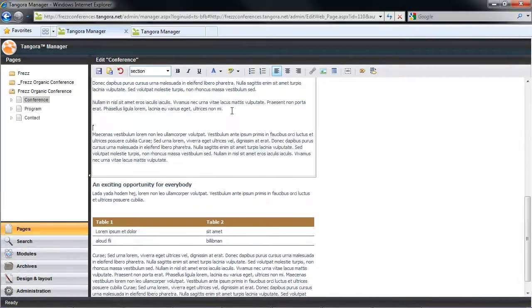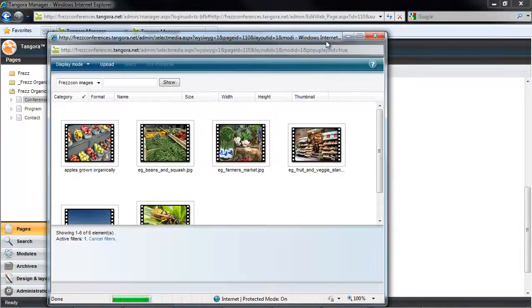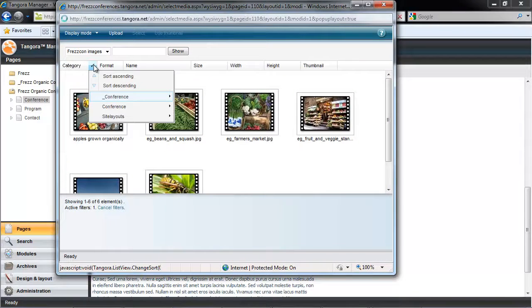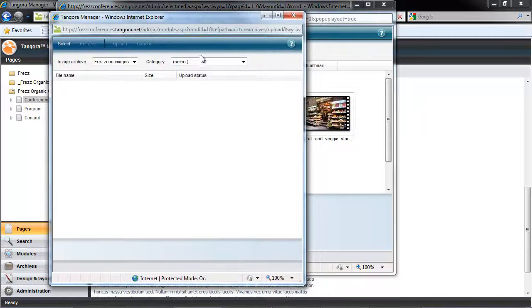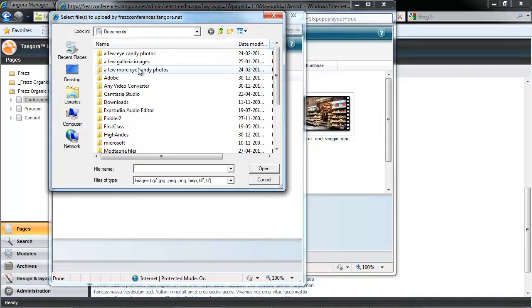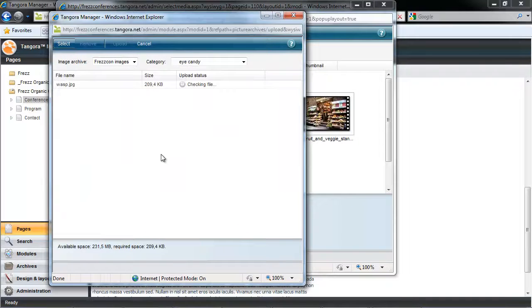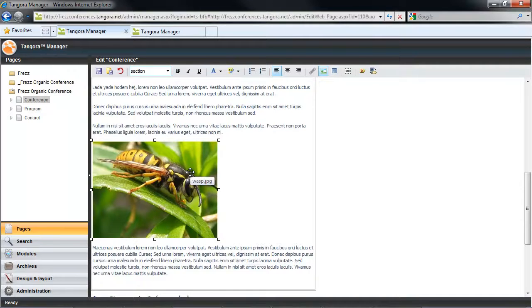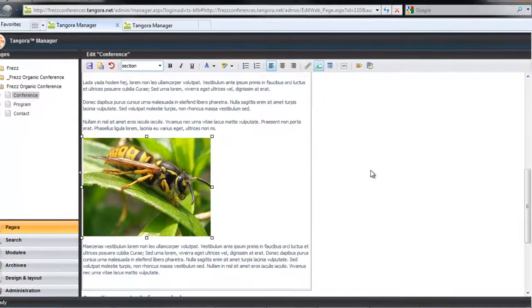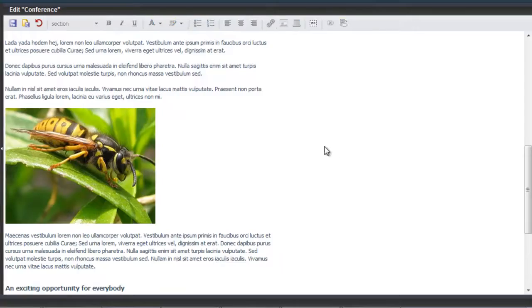So to add an image via direct upload, I just need to place my cursor and hit the Add Image button. Notice here too, by the way, that my SmartView settings have remembered my last choice. Anyway, here I could choose the Upload button, and then I have the very same interface to upload an image as I have in my Central Image Archive. So I could choose a category and then hit Select and find my image and then hit Upload. I can, by the way, upload several images at a time if I'd like to, but then I'll need to go in and add the specific image that I want to add here as an extra step. But if I just upload a single image here, then we'll see that it falls right into place. And that's all there is to it.